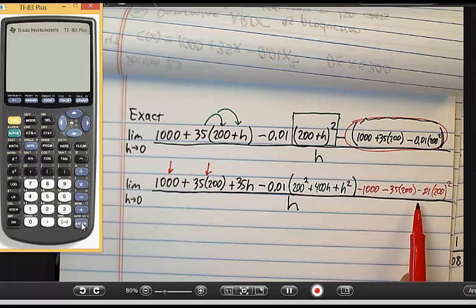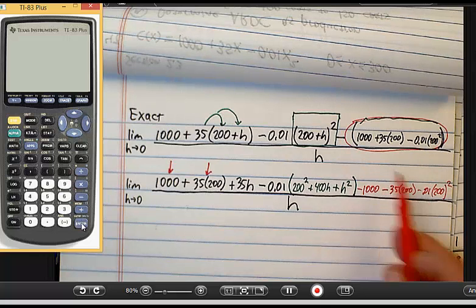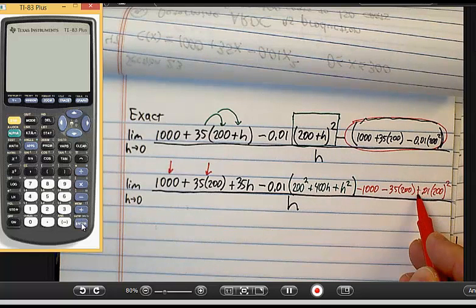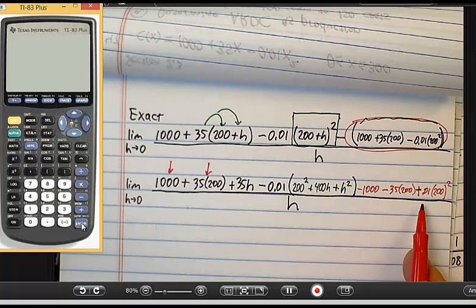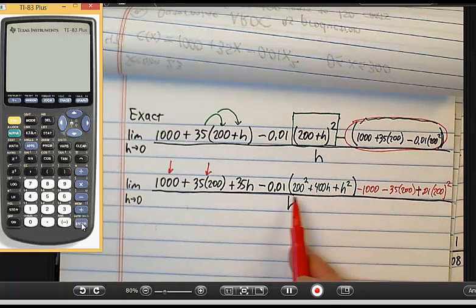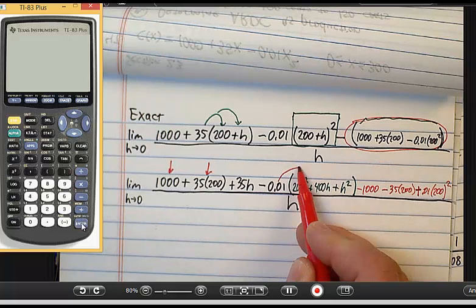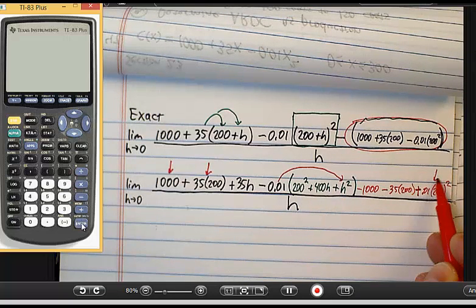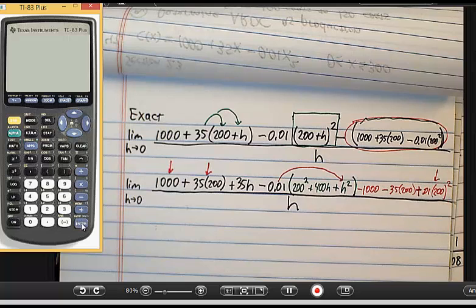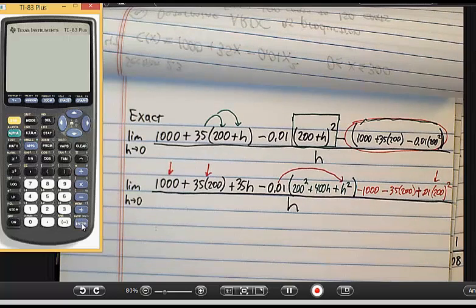Oh, right. This would be plus, because when you distribute the negative, that becomes a plus, which is good, because then when you distribute this negative, it's going to be a minus. This negative is going to correspond to that there. So a lot of stuff simplifies. Thank goodness. Now I can try and